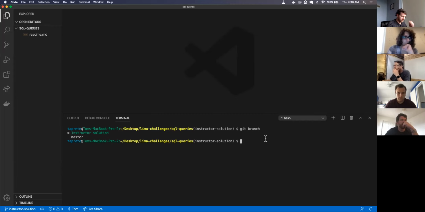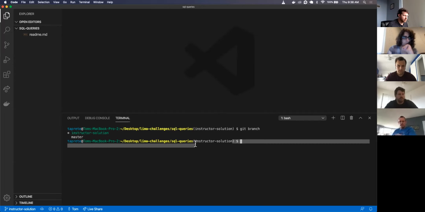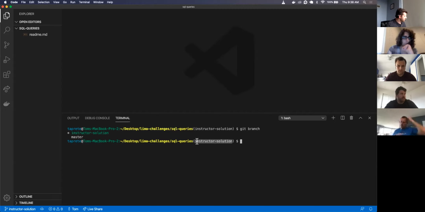A branch you can think of as a working copy that you don't want to muck up the original. Correct. Exactly. I like to think of a branch as another timeline. Master is the master timeline, and then you branch into an exact replica of that timeline that you're going to change, but then you can merge that timeline back into the master timeline with all your changes. I don't know if that helps, but that's how I think of it.